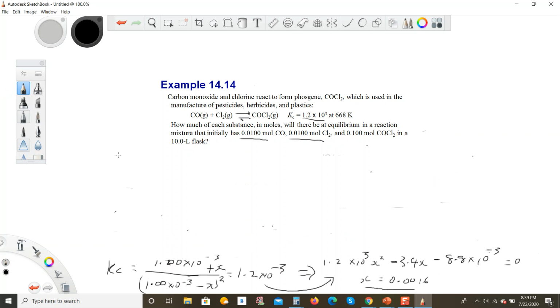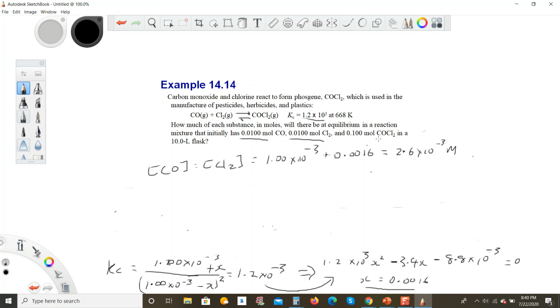And again, the calculation for the concentration of CO would be the same as the concentration of Cl2, which, according to the ice table setup, is going to be equal to 1.00 times 10 to the minus 3 plus x, which is 0.0016. And according to my calculations, this works out to be equal to 2.6 times 10 to the minus 3